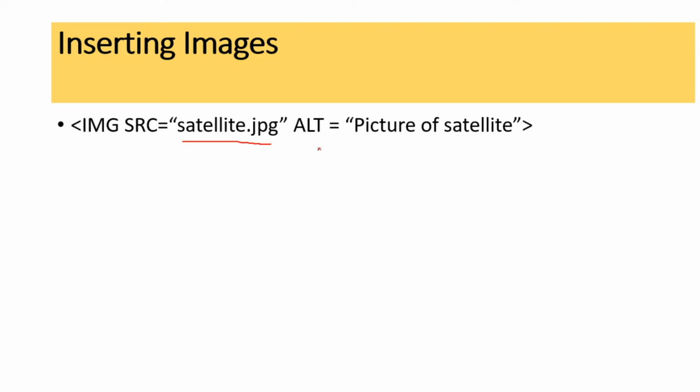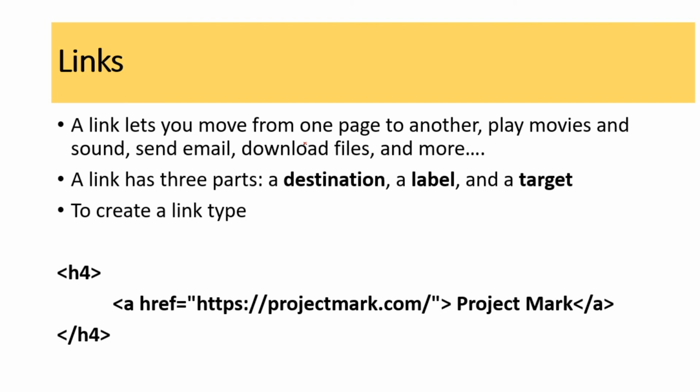If you want an alt, it's called a hand symbol, which will display the data. If you want a hand symbol to be displayed along with the data, you can use this alt, and the corresponding values you can keep over there.